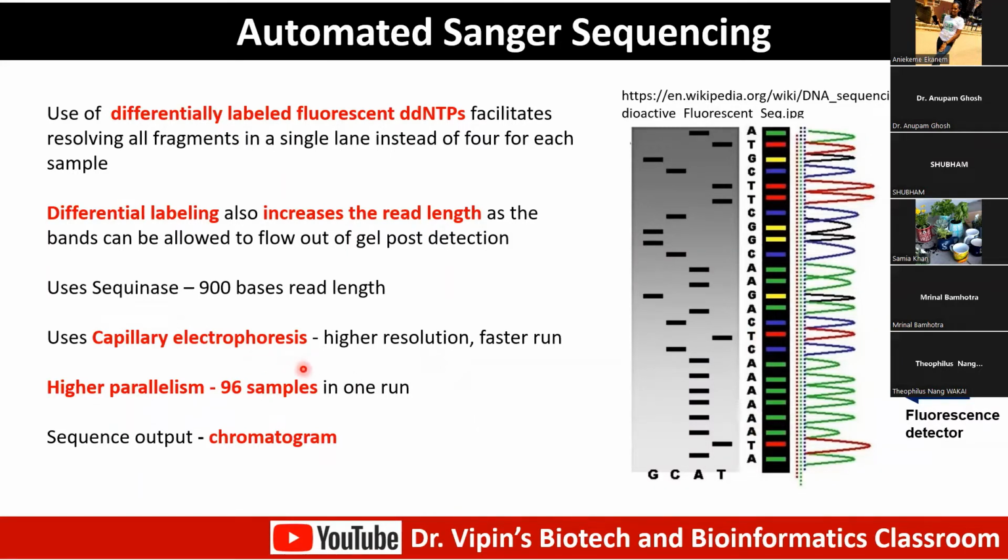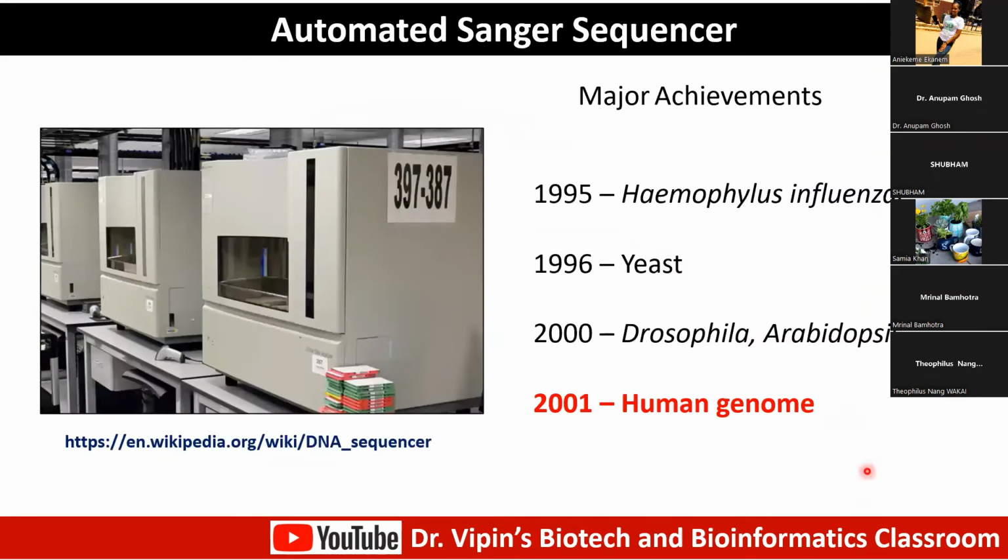Then you use capillary electrophoresis and higher parallelism of 96 samples in one run, and the sequence output is in the form of a chromatogram. So this is typically a chromatogram that you see here. And you had the automated Sanger sequencer, and automated Sanger sequencers were very effective in sequencing the human genome. So the major achievements of Sanger sequencing: in 1995,